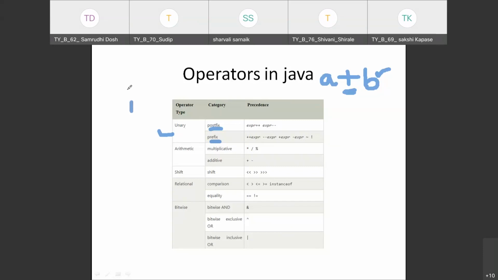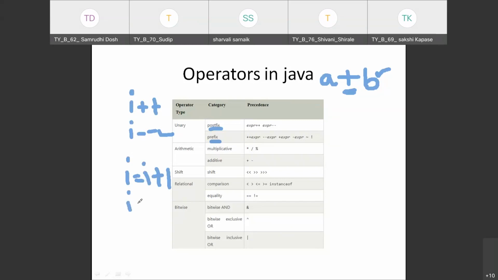This means if you are using i plus plus or i minus minus, this plus plus and minus minus operation we call the increment operator, or you can say postfix. So the meaning is i is equal to i plus 1.